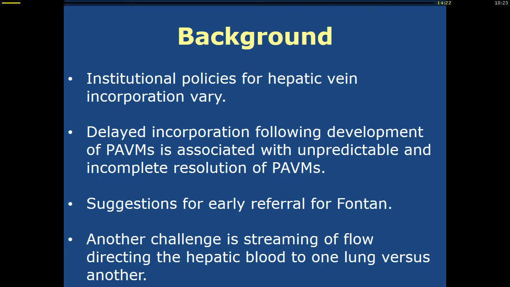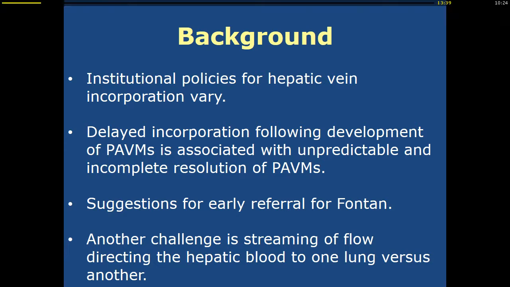However, there are institutional policies that vary between one institution and another with regards to how to deal with that. Some would refer those patients early, however, some would wait for a long time until they refer the patients for hepatic vein incorporation. And there have been several studies that Dr. Barron mentioned this morning from Melbourne, from Indiana, and from Boston that showed incomplete and unpredictable regression of those AV malformations,